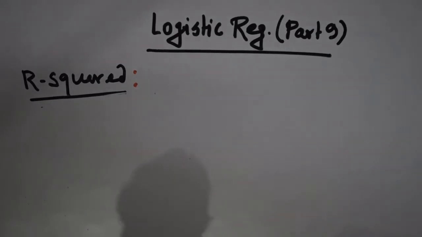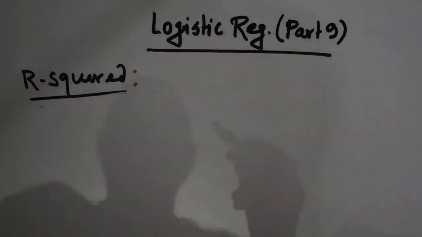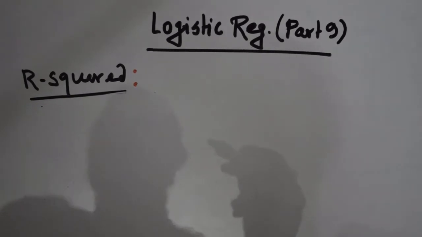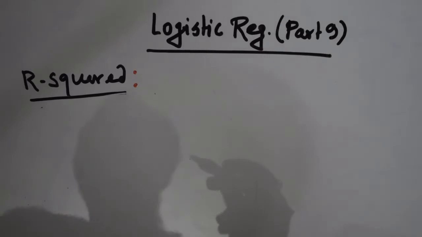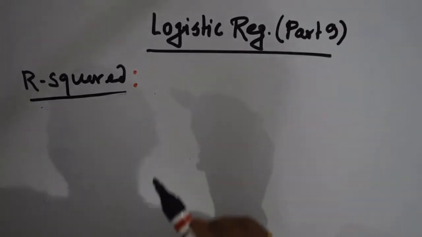This is the continuation of logistic regression part 8. Today I will discuss R squared. In multiple regression,